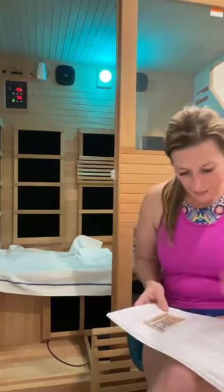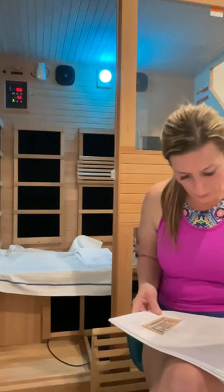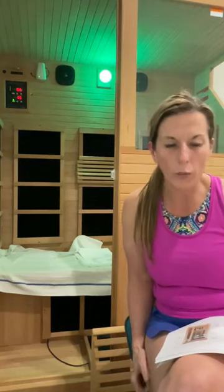Okay, now again, you need 2 of you to assemble, and my sauna is on carpet. So you can use it on whatever you want to. Mine is indoors, and it has been in a tighter space than it's in right now. But make sure that it's indoors. If you use it outdoors, it needs to have some kind of shelter around it because it can't get wet. You do not want your wood to get wet because